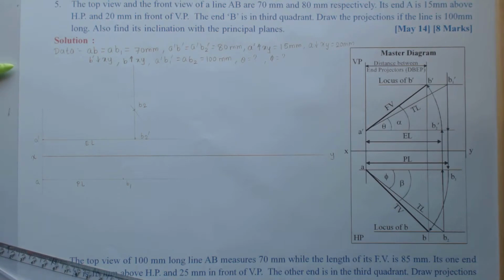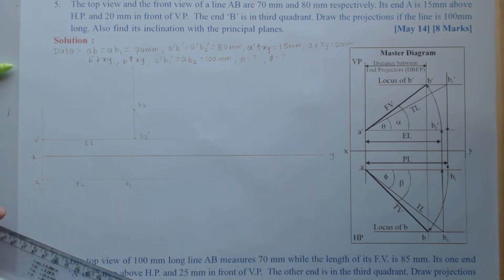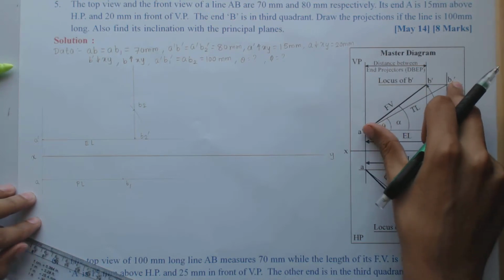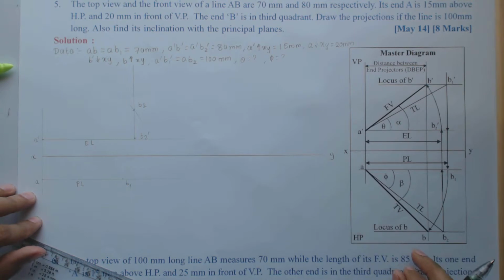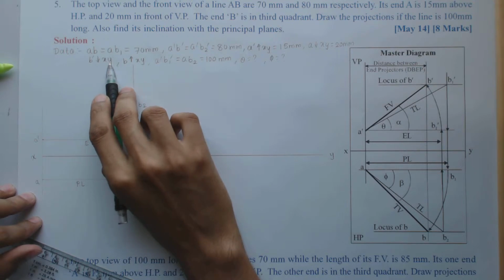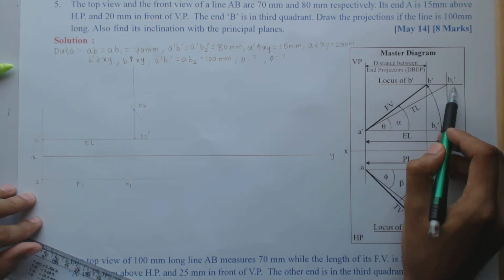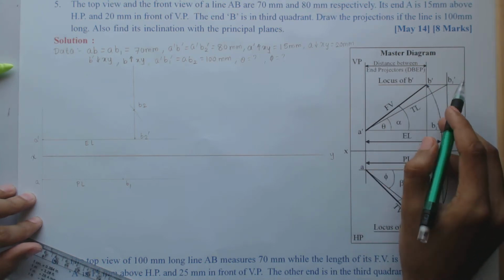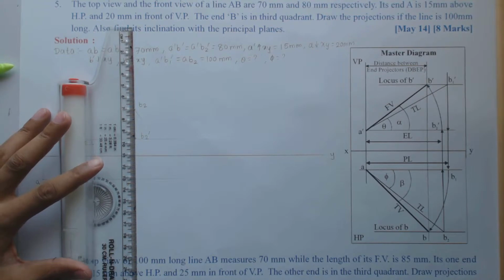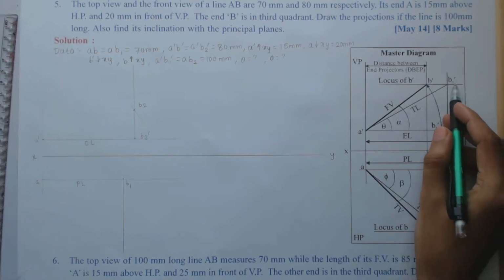Okay. Similarly, I can draw a vertical projector from B1 to locate B1 dash, which will give me the true length in front view. Now for that I need to check again the position of B. B is in third quadrant, so B dash is going to lie below xy. So B dash and B1 dash are going to lie in the same line, locus of B dash. So B1 dash will also be below xy. So this point B1 I need to project vertically downwards to get location of B1 dash.